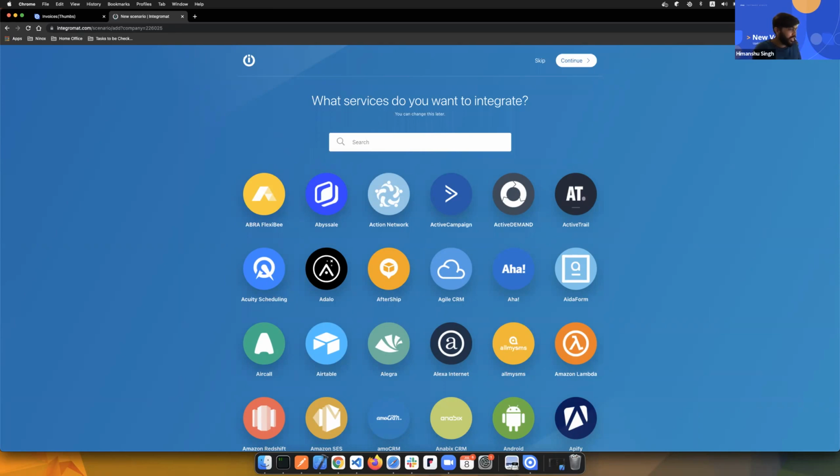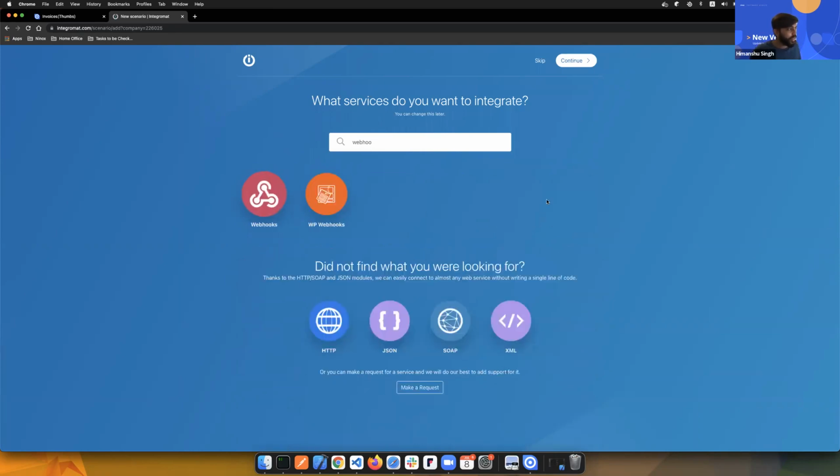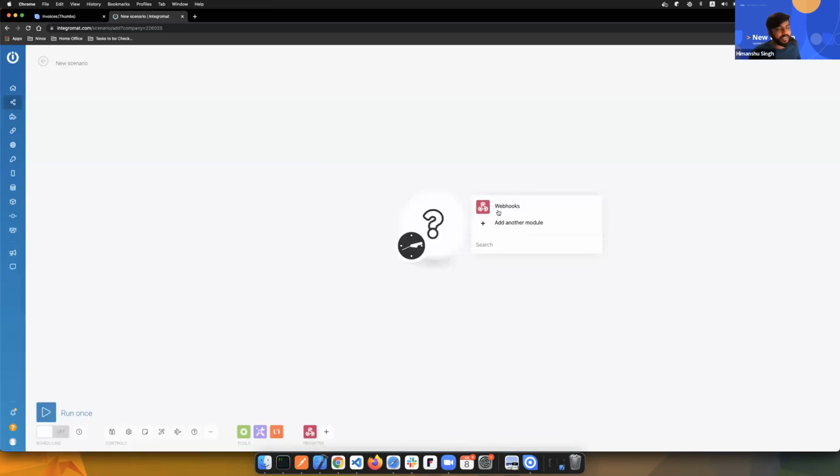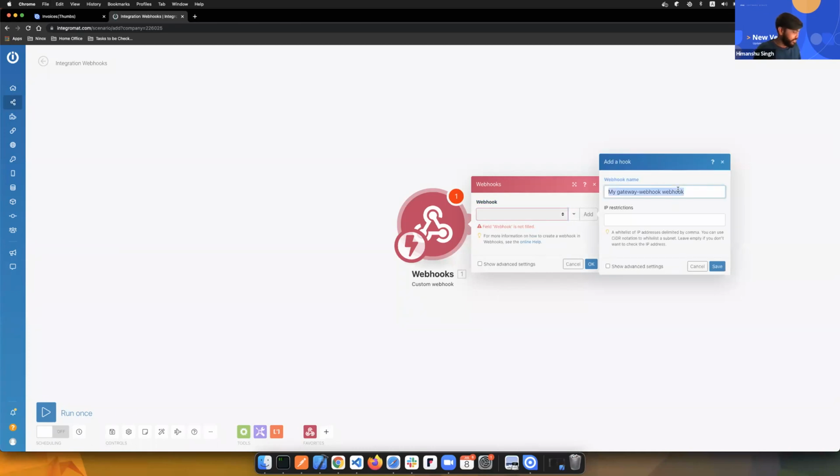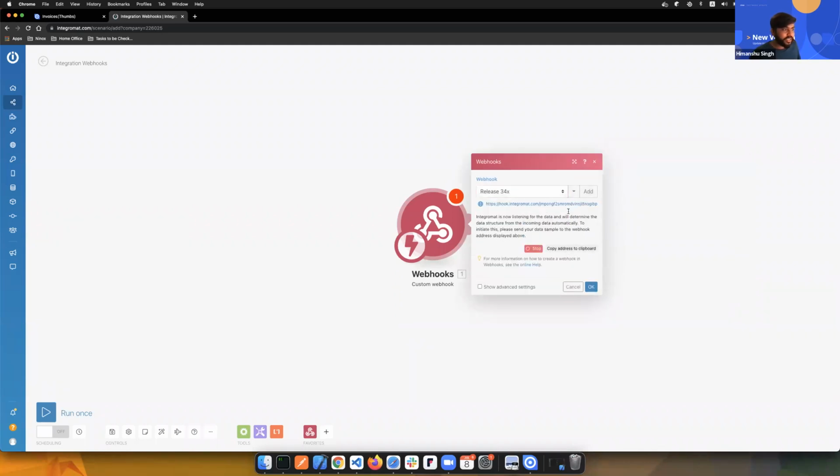So let's try to do that. I'm going to use a webhook that will receive a message from our native application that, okay, everything is fine. Now let's do something. So it's a custom webhook, and let's say I'm just going to call it release 34x. There are no IP restrictions. That's it. And when you create a webhook, by the way, this application that I'm using is one of the